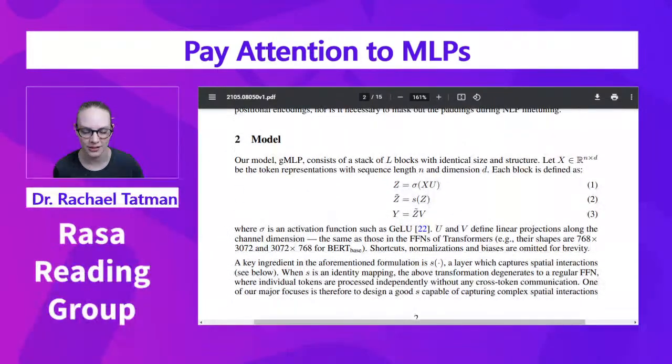Yeah, so let's read more about their model. So it consists of a stack of L blocks with identical size and structure. Let X be in the set of real numbers n times d, be the token representations with a sequence length n and dimension d. Okay, so this is a matrix. Each block is defined as